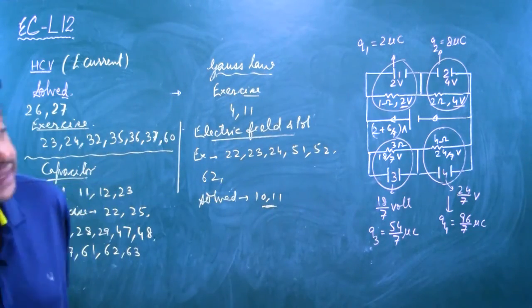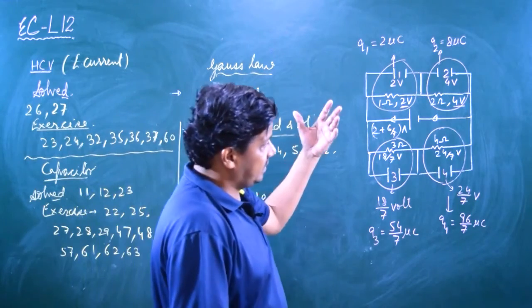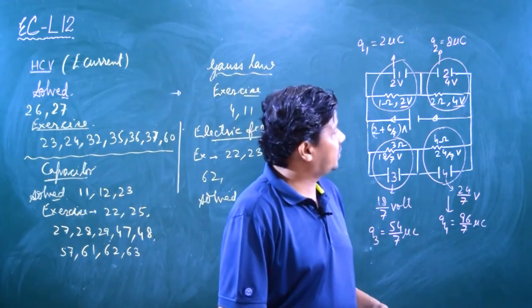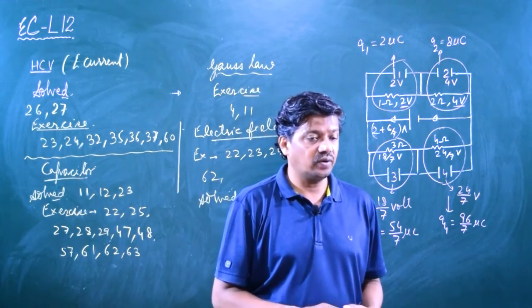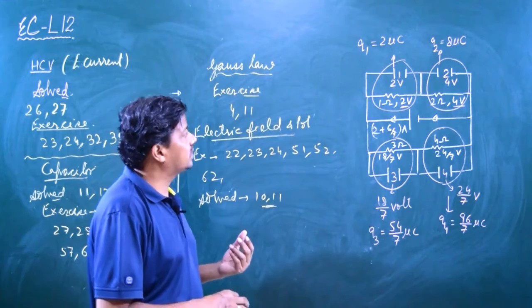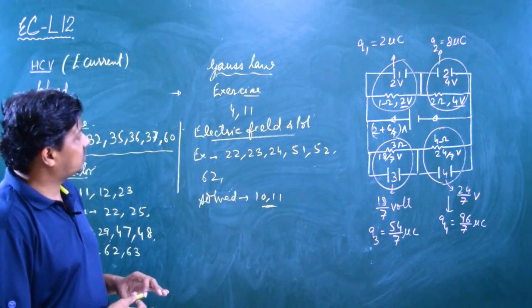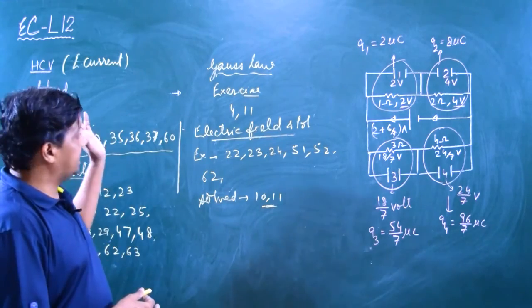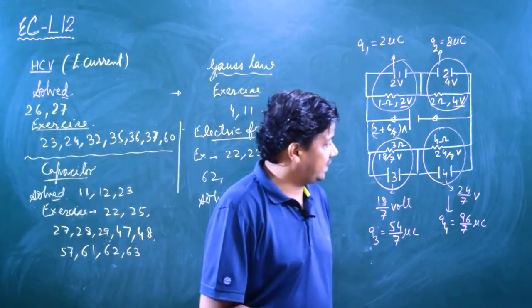And in the next class, after doing all that part that I have told you, means star delta transformation and other circuit problems to find equivalent resistance and capacitance using Kirchhoff's law, I will give you some questions from Irodov also, from electrostatics to current, whatever we will discuss in the next class.